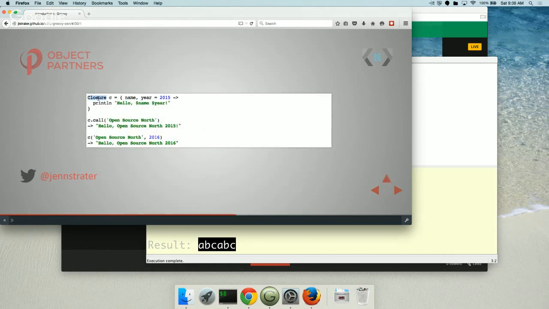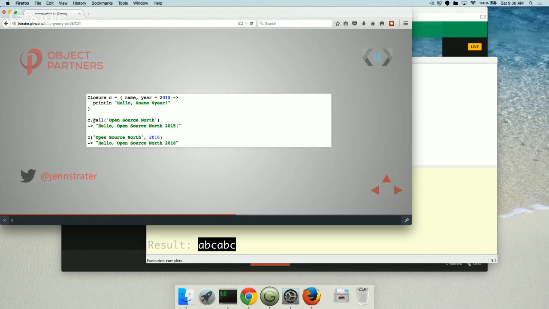So a closure is your type, and it looks like a function, except that we don't have any parameters here. We're defining everything within our curly braces. In this case, this closure is going to take a name and a year. We're using default parameters here, so if you don't specify, it's going to just work. Here I've got my Groovy string, and I'm inserting the values into my string.